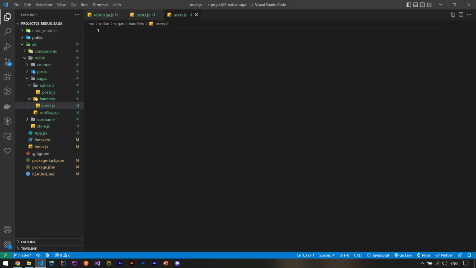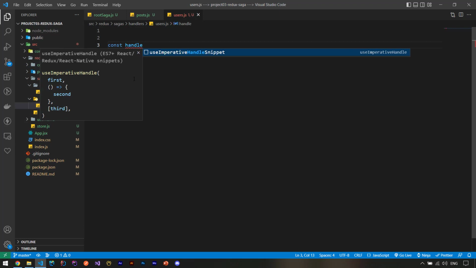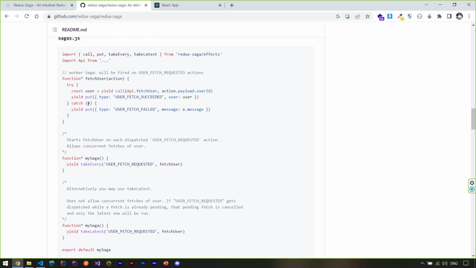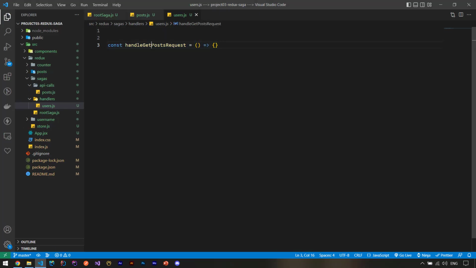So let's do this. The first thing is we need to have a function. So let's say that const handle get posts request equals to an arrow function, but it is better to use this simple function, so I can use it. So we can use as